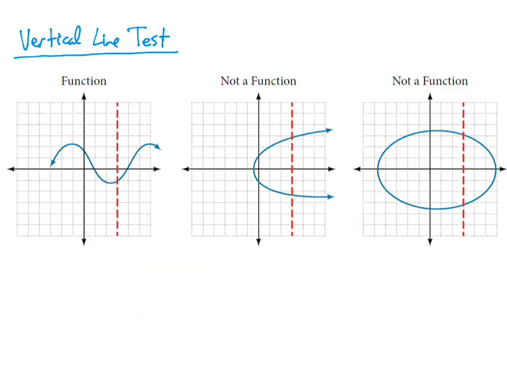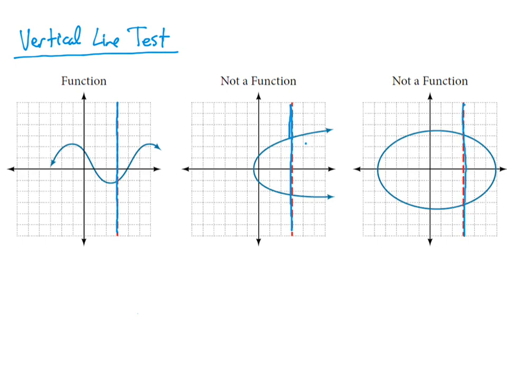We can also think about functions graphically. So let's look at 3 different graphs. The first thing that we'll talk about is something called the vertical line test. The vertical line test says that if we can draw a vertical line through the graph, and it hits the graph in more than one location,